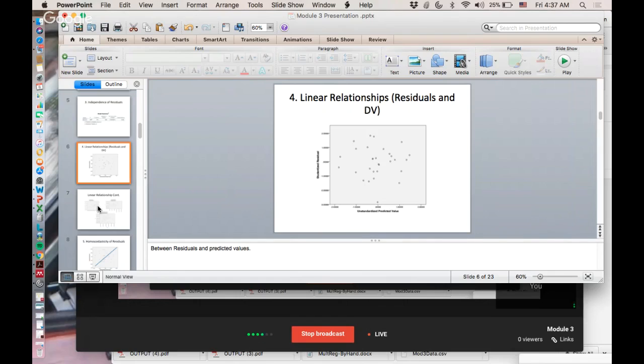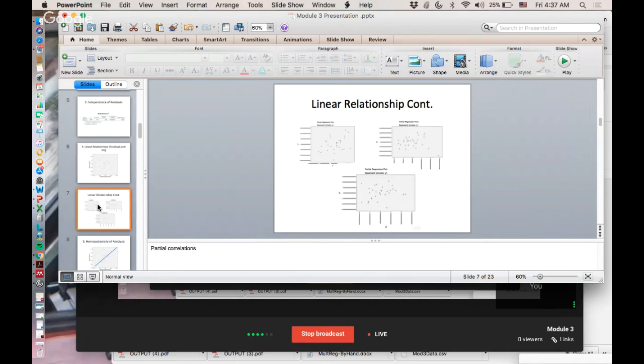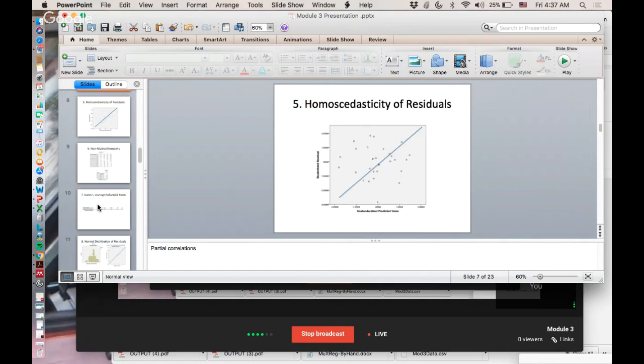The next one is the linear relationships between the residuals and the dependent variables. This seems to be linear. It's not that great of a relationship, but I don't think it violates. To further that, I included the partial correlations because that's important. So this is just another view of the relationship between the residuals and the dependent variables. The fifth assumption is